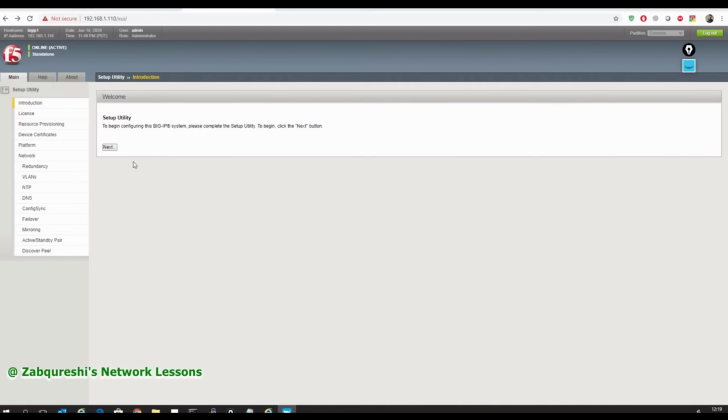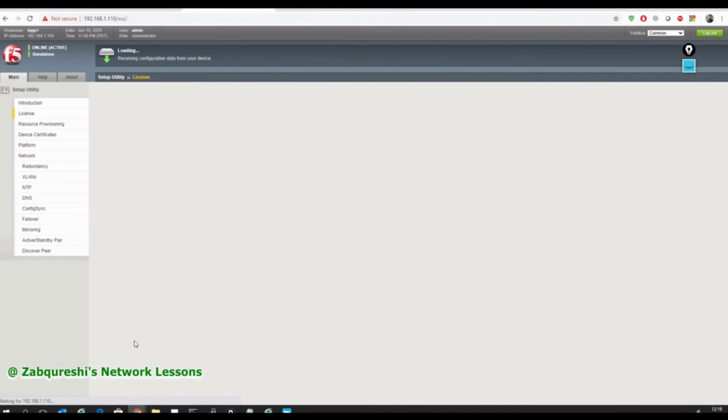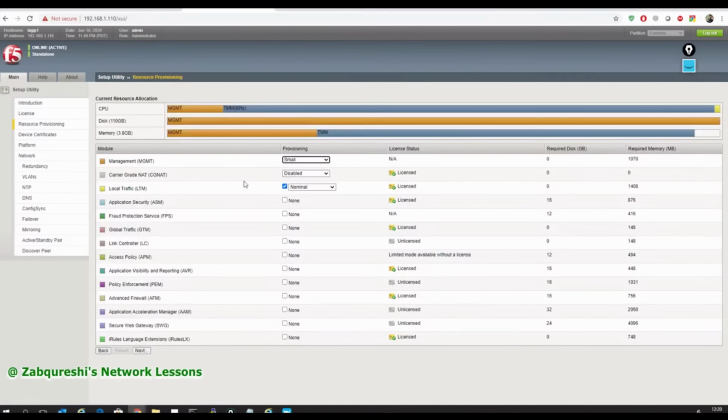Now you will come up with this setup utility wizard. You have to click next in here, and then this is the licensing part where you see the active modules. You click next here also, and wait for the next resource provisioning, right? So here you see the yellow ones are the licenses that you have with the evaluation license from F5, right? And the one that I have enabled is the LTM, right? And the provisioning for resource is nominal. It's like a balanced one, right? So hit next here,